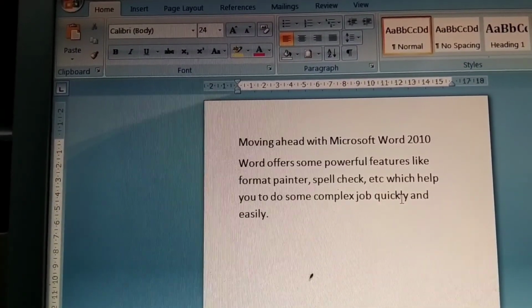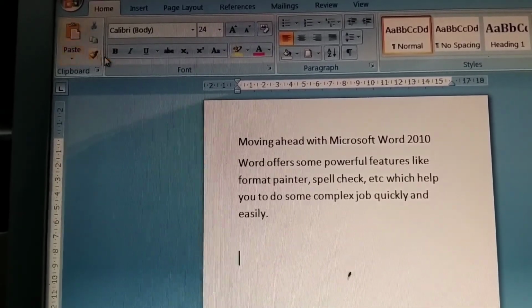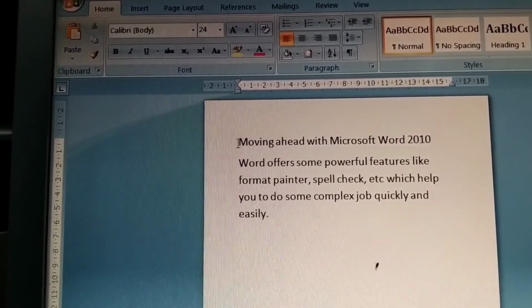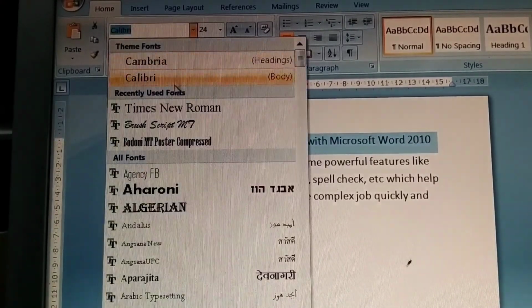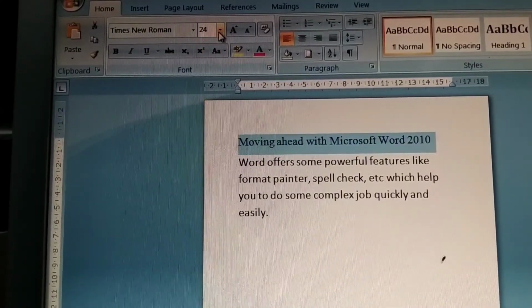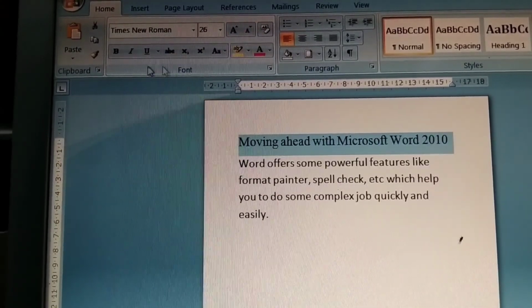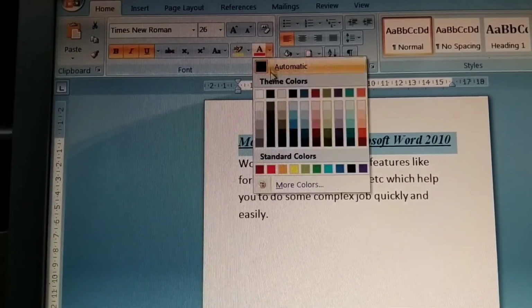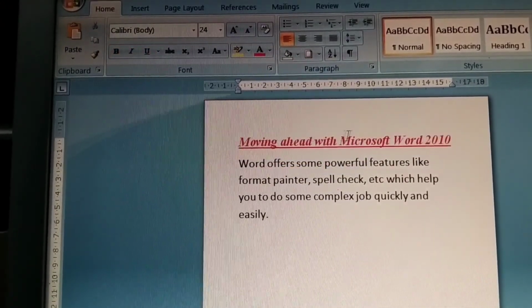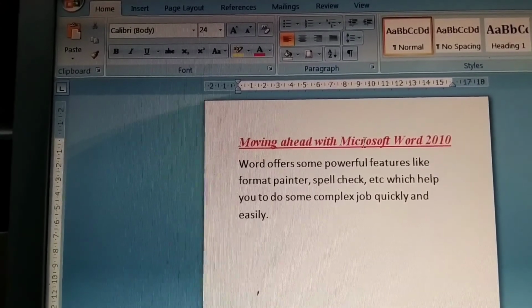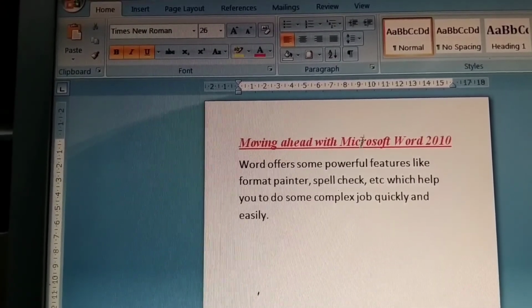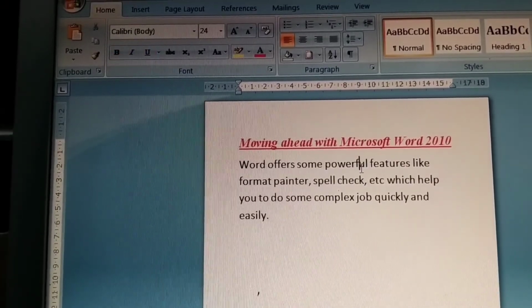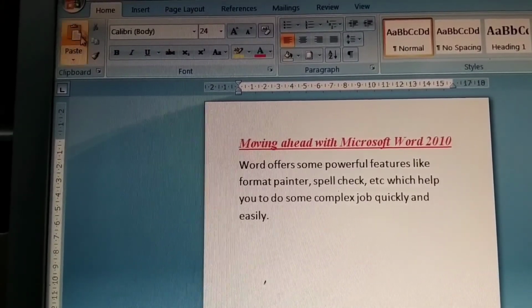Now next option is format painter. It is very useful to us, that is the format painter. Now what is the use of format painter? For example, this first line we give formatting, like a change of font style, then size, again bold, italic, underline, again font color. So how many points did we use? Four or five formatting options we used for that line. So if we want the same formatting on the next line, at that time there is no need to select all these